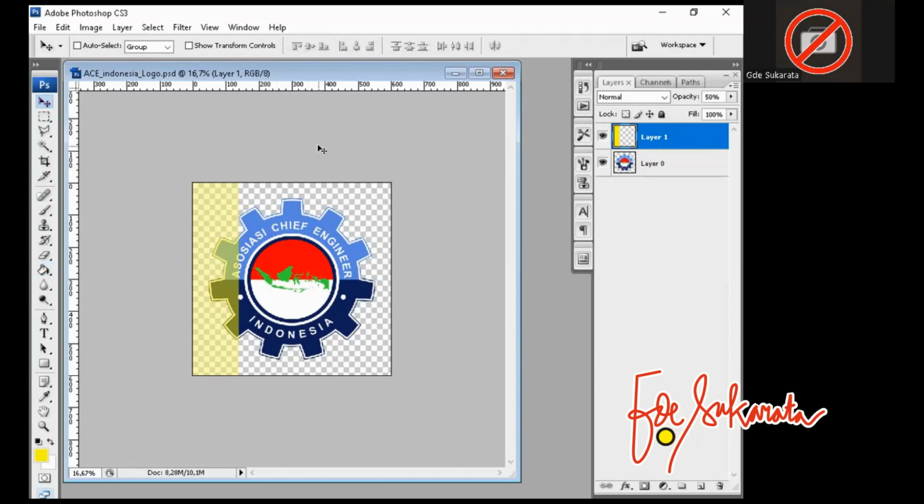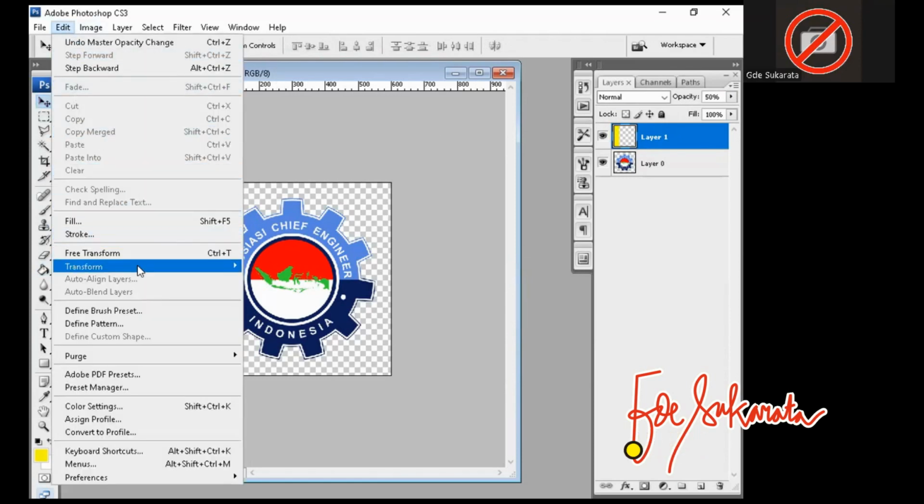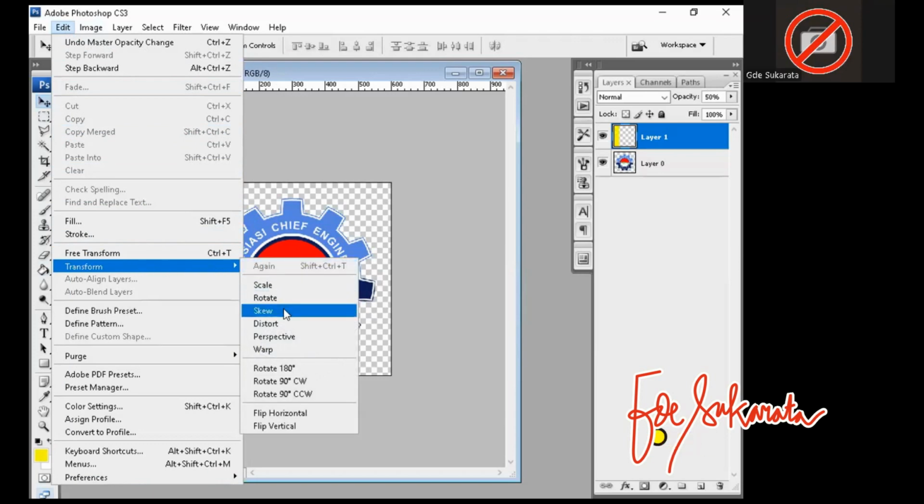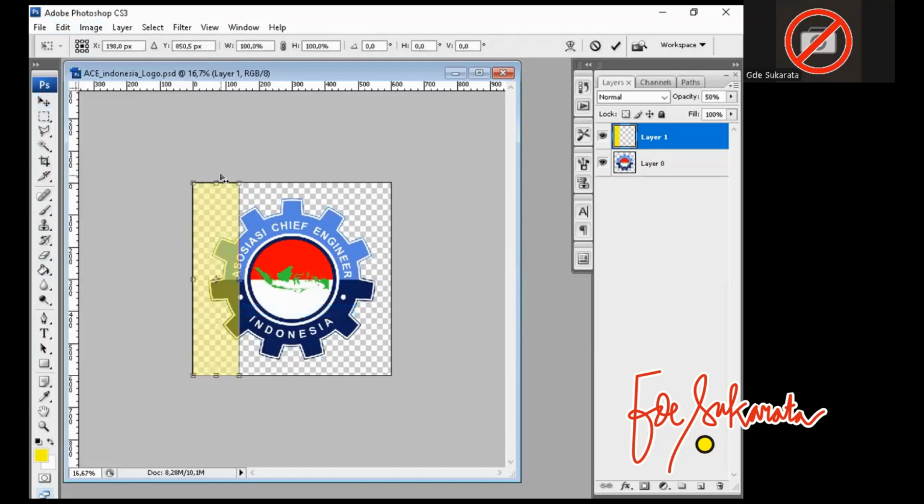Okay, now I want to modify, transform, and then skew, maybe skew this. Yeah. Okay, a bit. Okay, and move this. Yeah.